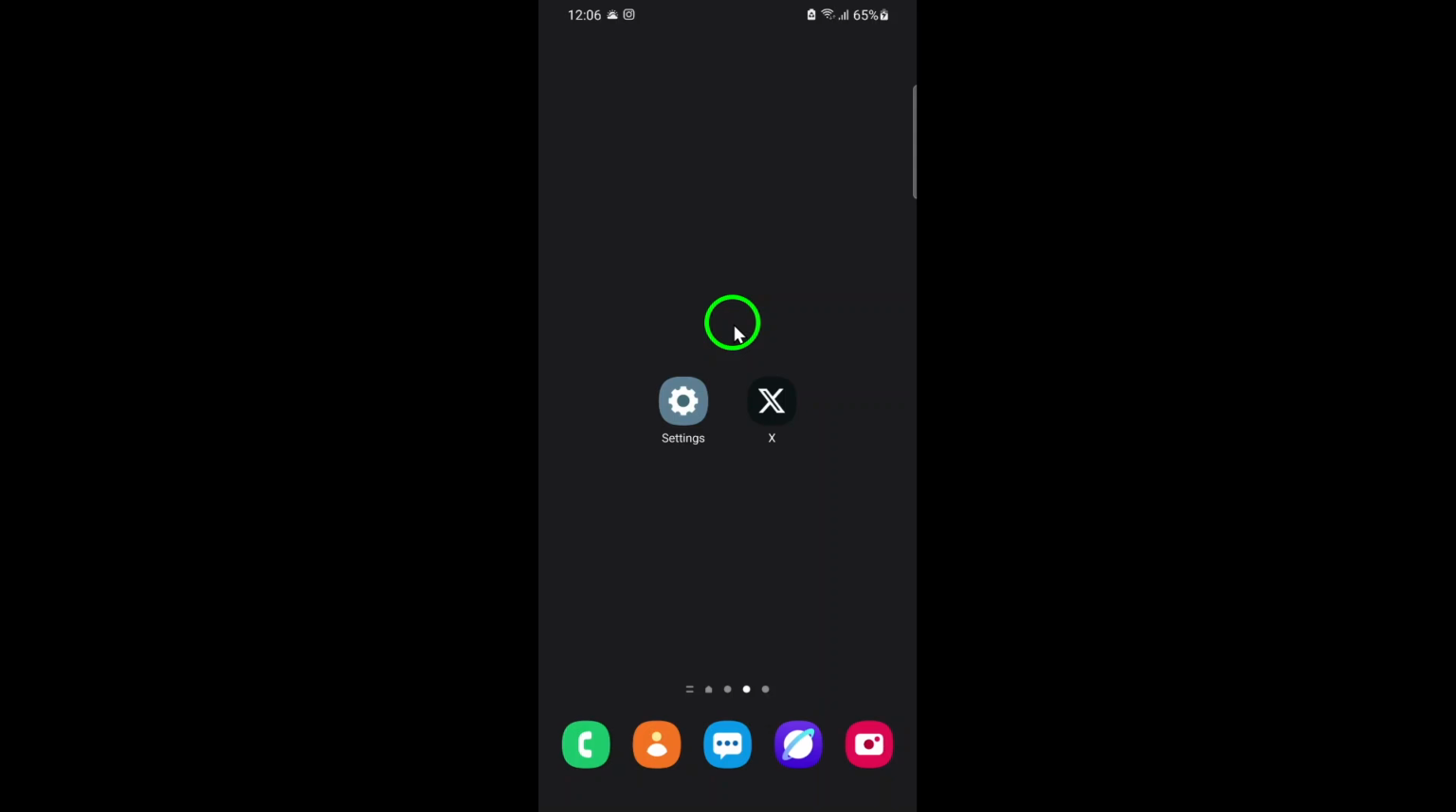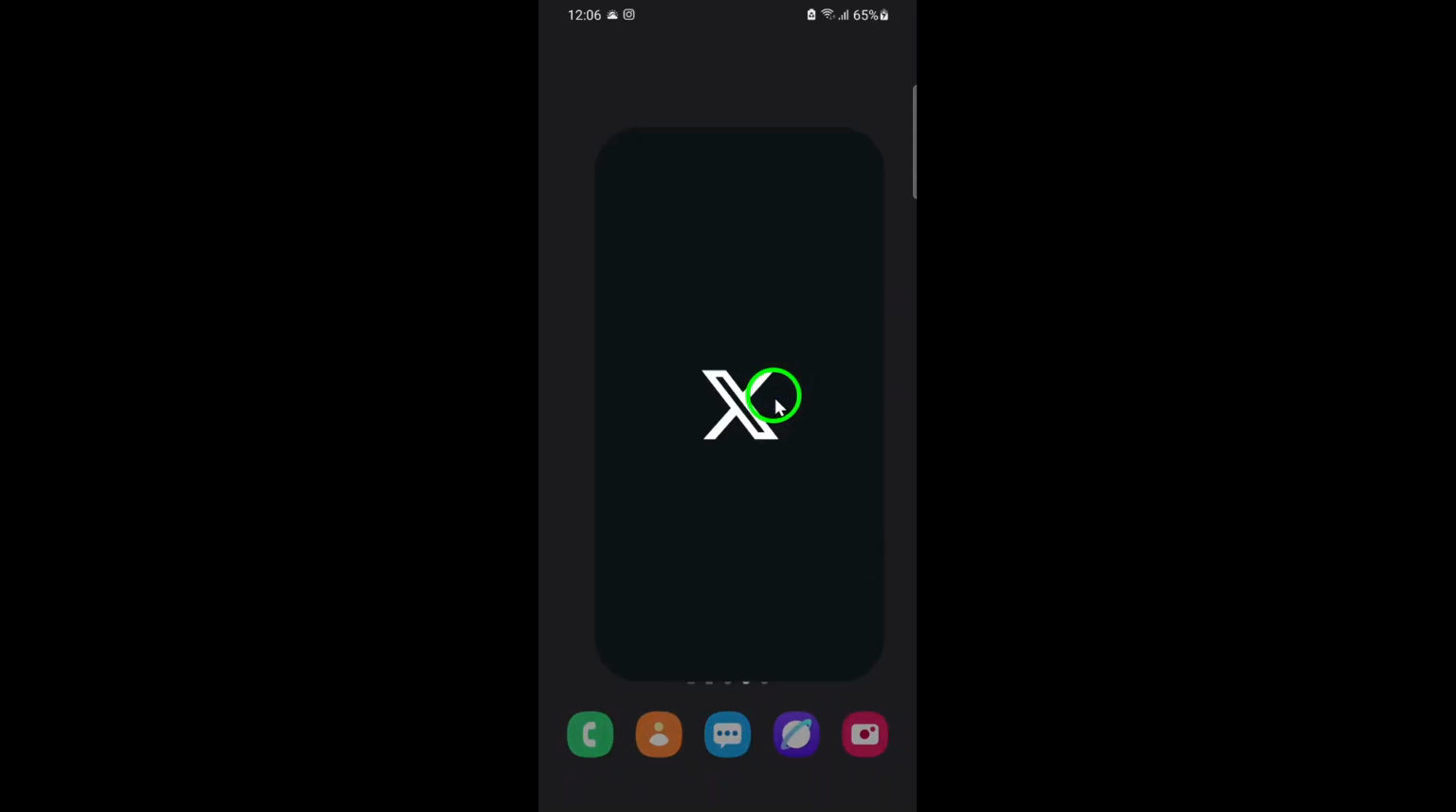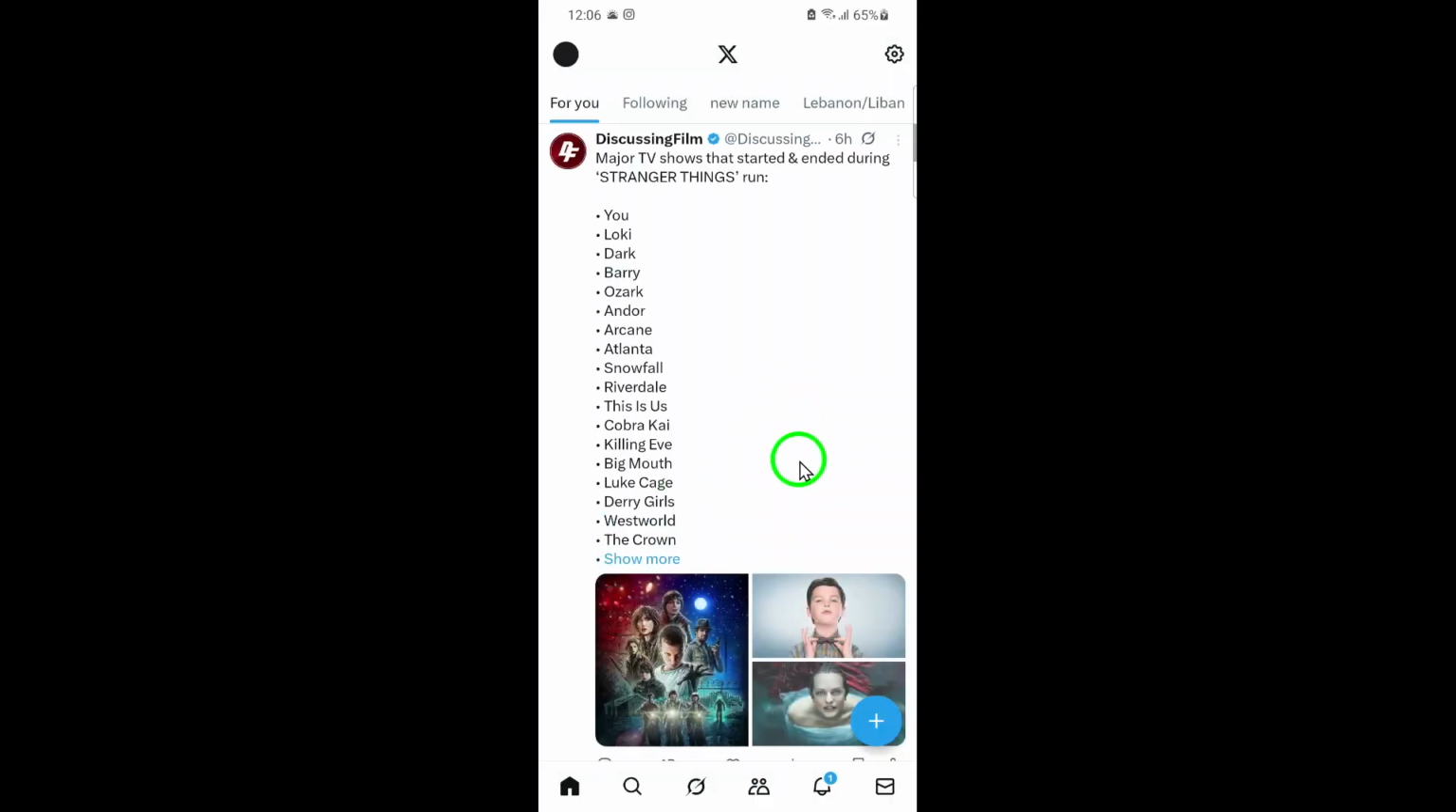Let's jump right in. First, open the X app on your phone. Make sure you're logged into your account so you can access your conversations. The home screen will usually be filled with your main feed, but what we want to focus on is the